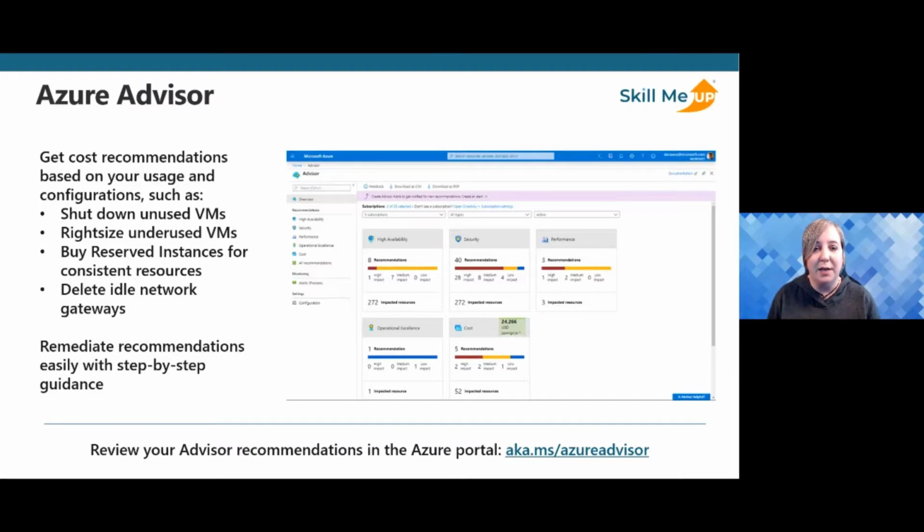You can right-size those VMs, and they'll actually show you why, whereas sometimes we would just guess prior to this being in the world of Azure resources. This will also account for any environment where you can buy reserved instances just to help with consistency on price. And then you can delete things like idle network gateways, right? Sometimes customers have allowed certain folks more robust access into their environment, so they have a sprawling subscription. Azure Advisor will highlight anything that's not being used. And one of the things you can think about getting rid of is your idle network gateways.